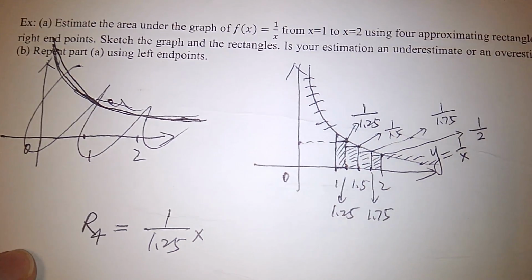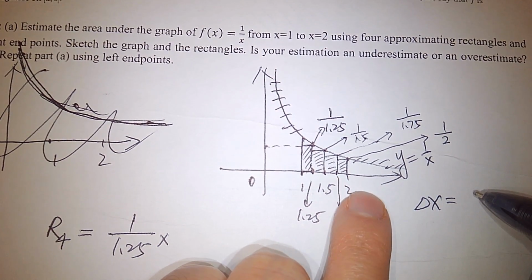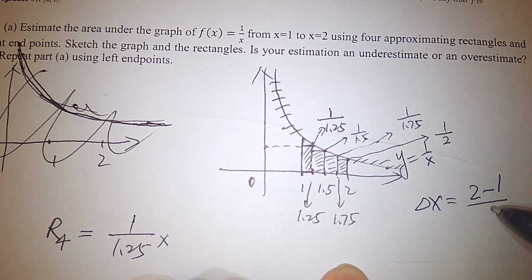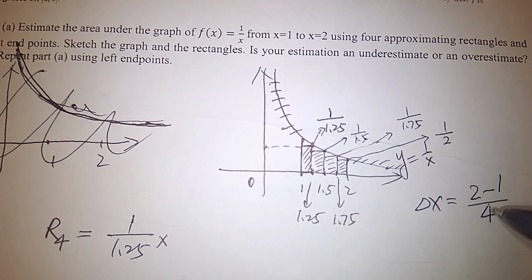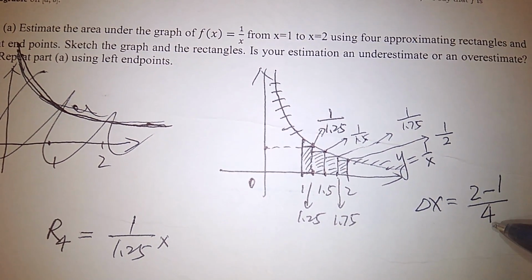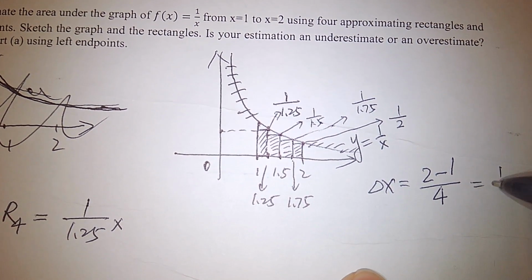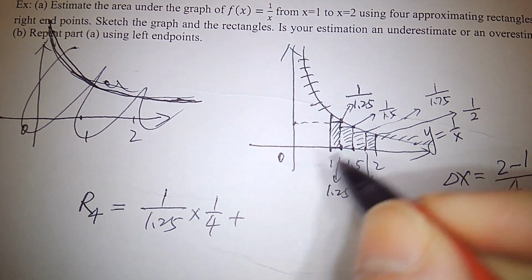Or we can get it by B, which is 2, minus A, which is 1, divided by how many intervals? 4 intervals, right? N is 4. N means how many subintervals, or how many strips we have. So 2 minus 1 is 1, over 4 is 1/4, right? So times 1/4,